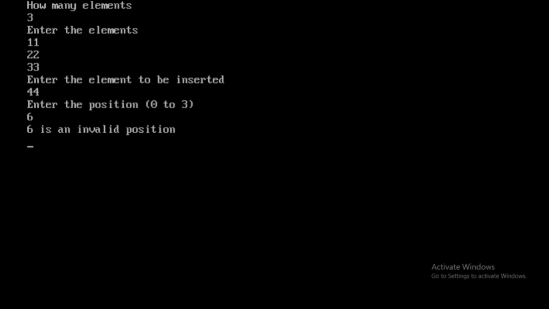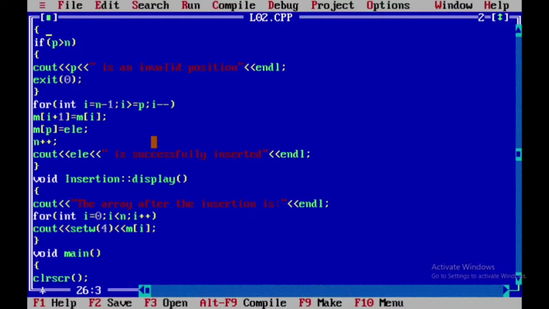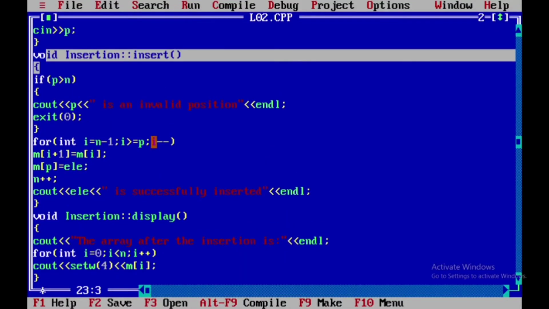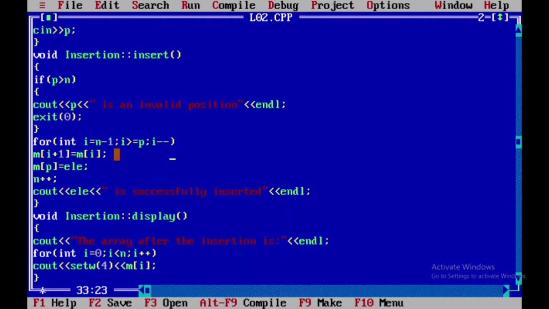But 6 is not less than 3, it is greater than 3, so it will come out of the loop. That means it comes out of the screen. This is how the insertion operation takes place, and I'm going to explain this loop manually.